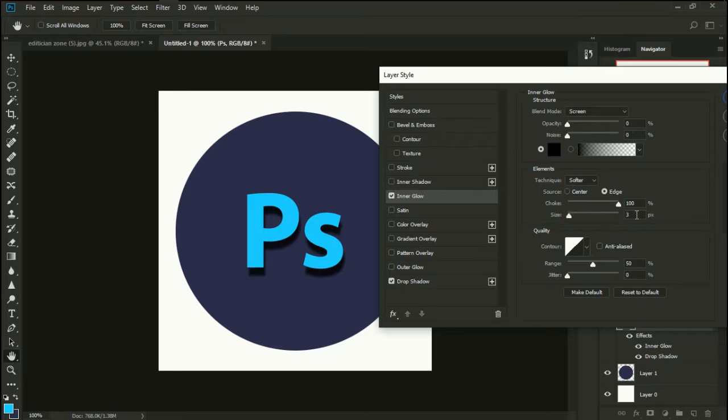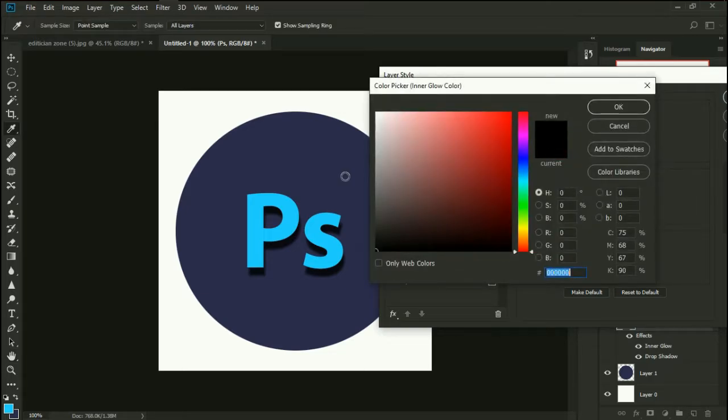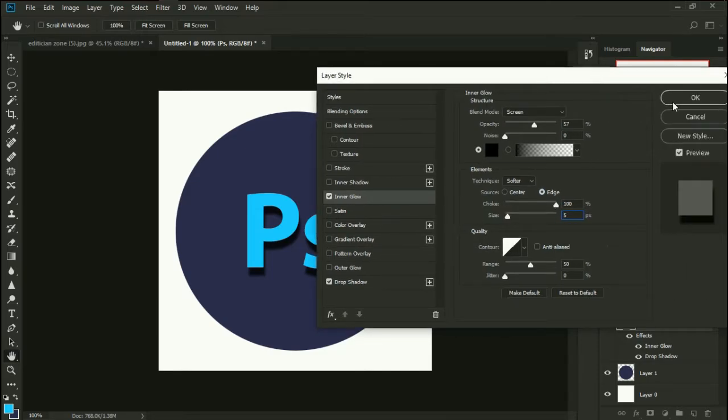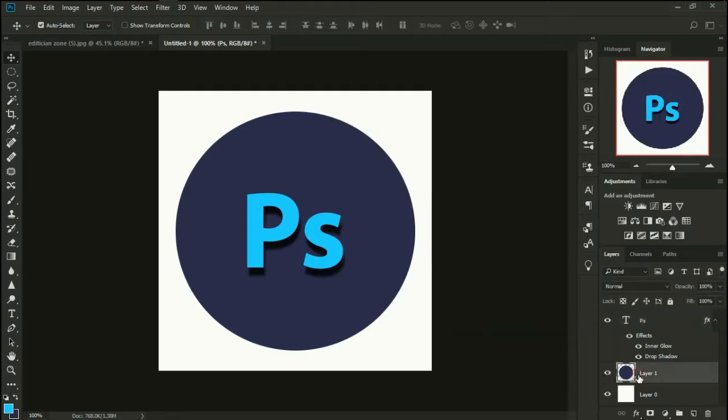Inner glow. Can even add inner glow just to add that good look. Okay, let's pick this color. Oh, I like the way the edges are glowing, but can increase the opacity a little bit, just like that, and make sure it's edge. Okay, in the size I'm gonna put it there. Okay, this looks